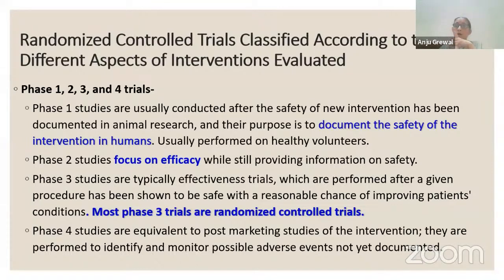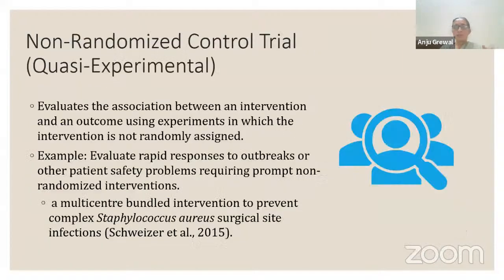The phase 2 studies provide us information on safety, but they have now started to focus on the efficacy of that molecule. And then, of course, our phase 3 trials, which basically look at the effectiveness of that particular intervention, molecule or device, whatever is in question. We mainly look at effectiveness as the primary outcome, but at the same time we also keep looking at the adverse effects and the safety profile. Most of the randomized control trials, the clinical trials that we do, are basically phase 3 trials. Phase 4 trials are post-marketing surveillance, where you monitor and report adverse data.